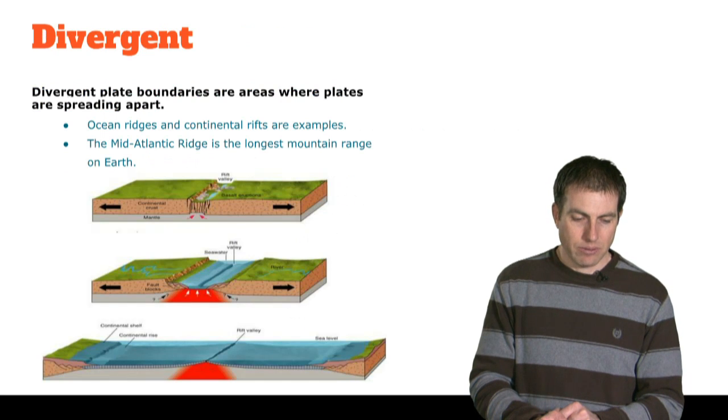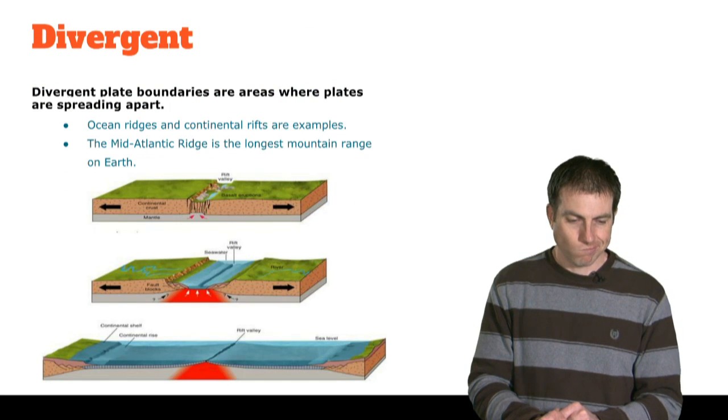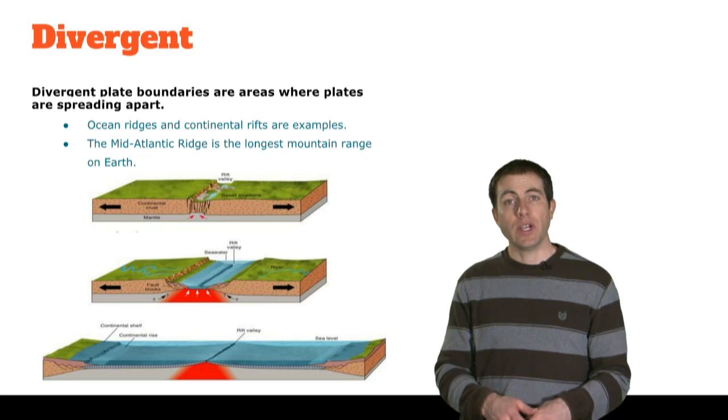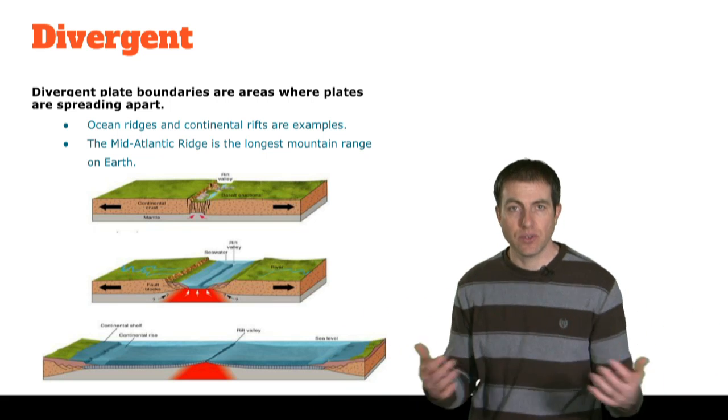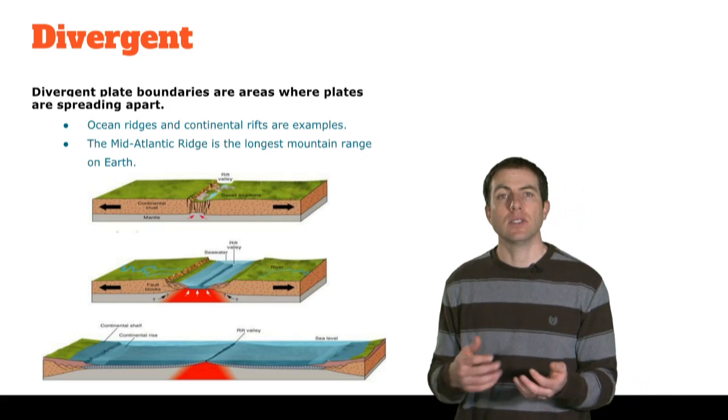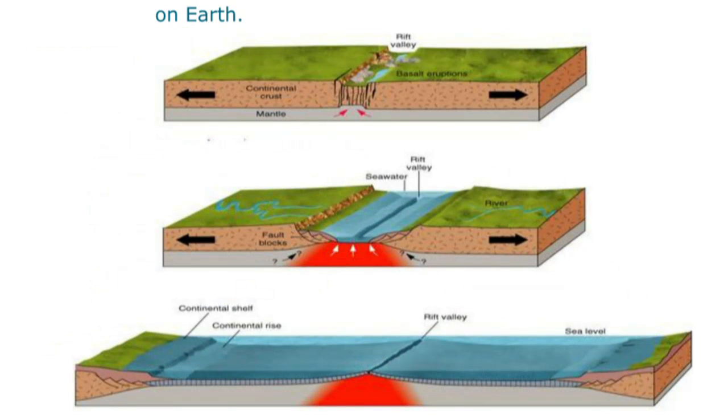So let's look at some divergent boundaries. These are areas where plates are getting pushed apart. We have a strong convection current in the asthenosphere, the upper mantle, pushing up. It eventually will start breaking through the surface. And as it starts to break through, because it's pushing up so hard, the plates actually get pushed apart really slowly. Now, if this happens under a continent, you start with a rift valley, so a valley will